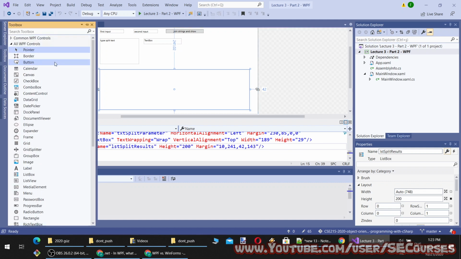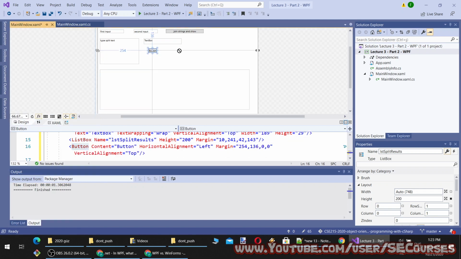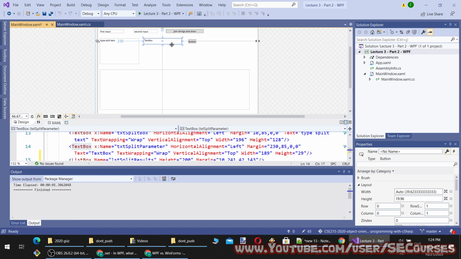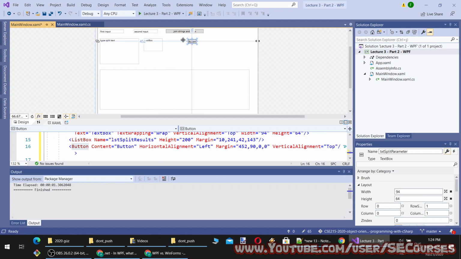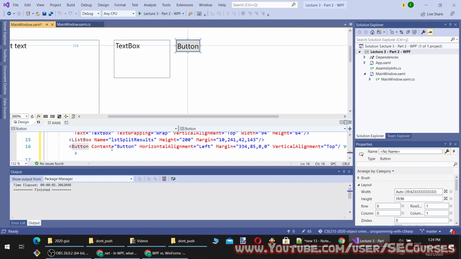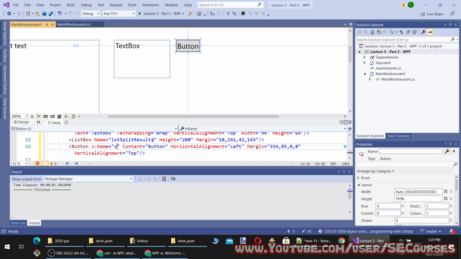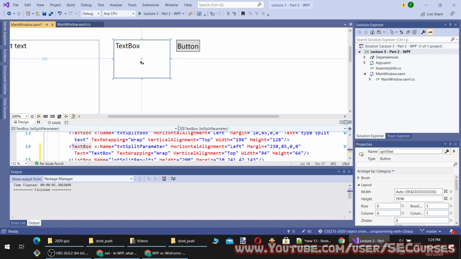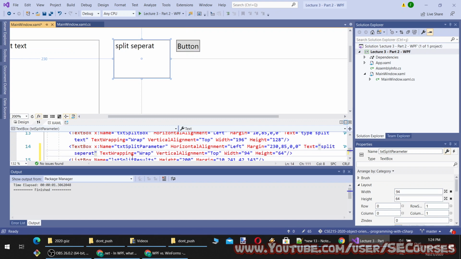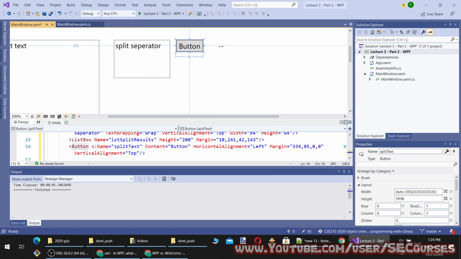And I am going to add a button for splitting. Alright.